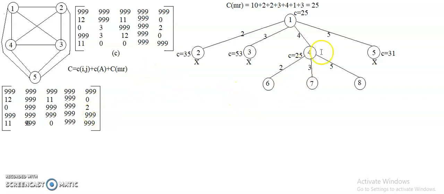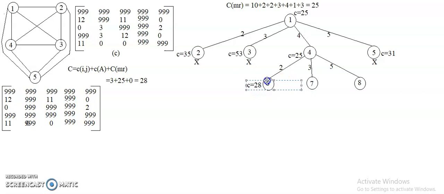Now what is the cost from vertex 4 to 2? This is the 4th row, second column, which I am supposed to find out. The cost of 4 to 2 is 3, plus the cost of the previous node from where I am exploring. The cost of node 4 here is 25, plus the row and column reduction value, which is 0. That is equal to 28. So this particular node's cost will be equal to 28.